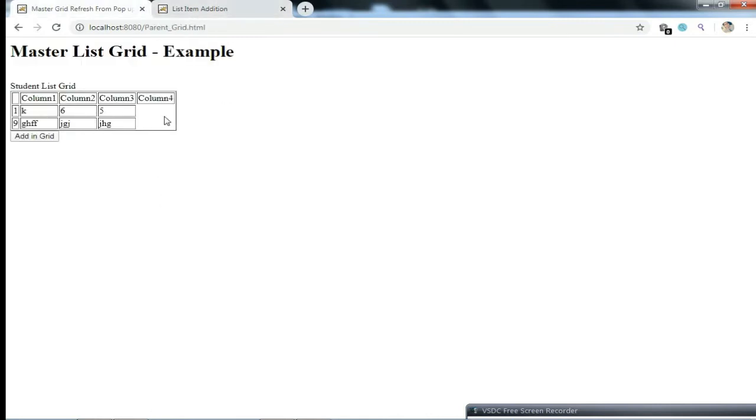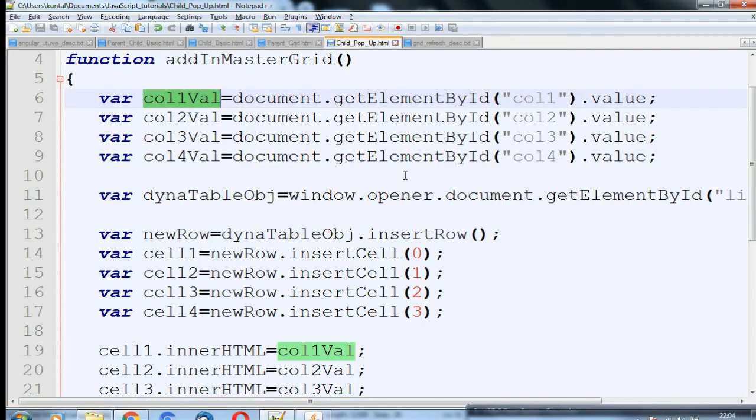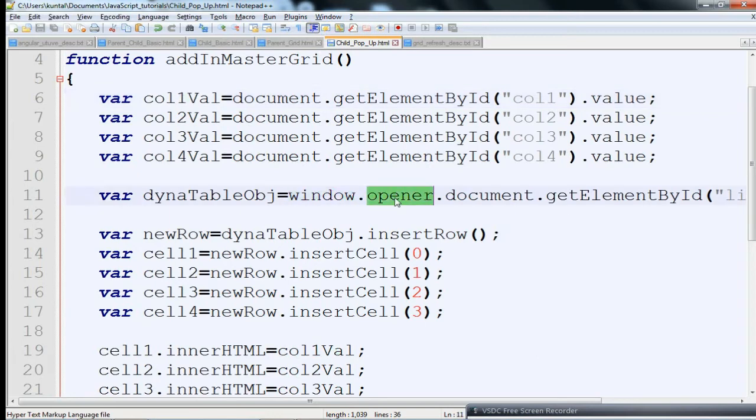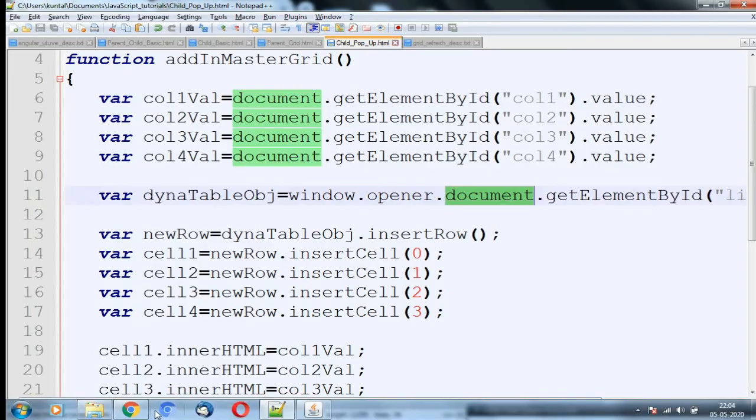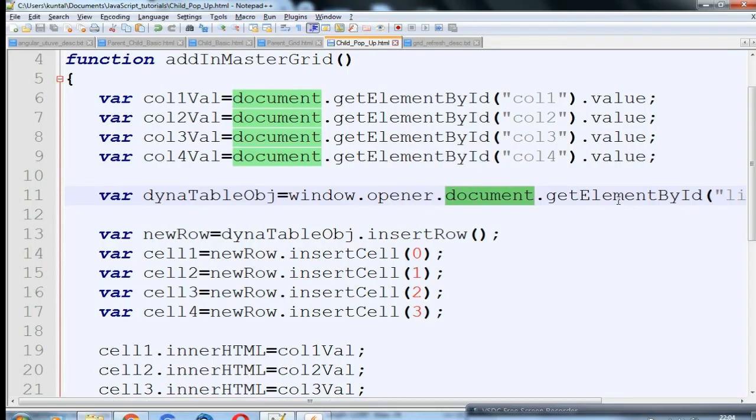So window.opener.document is now accessing the document object of the parent. That means it is accessing the document object of this particular page. Then getElementById, I am accessing the list table from here, and once I found that dynamic table object, I'll call one function on top of that object, insertRow. The insertRow function inserts a new row in the table.